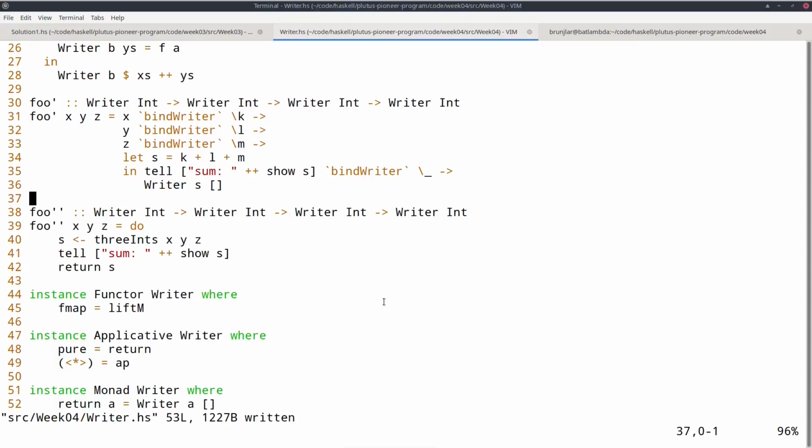But often we have these special features like failure with error message, logging messages, and so on. But often you are in a situation where you need several of these effects. So you want failure and log messages, for example. And that is also possible in Haskell. There are a variety of approaches to do that. One is called monad transformers. With so-called monad transformers, one can build custom monads. You can just say, I want failure and I want log messages, and then you use the monad transformer library to build a custom monad that has exactly the features that you want.